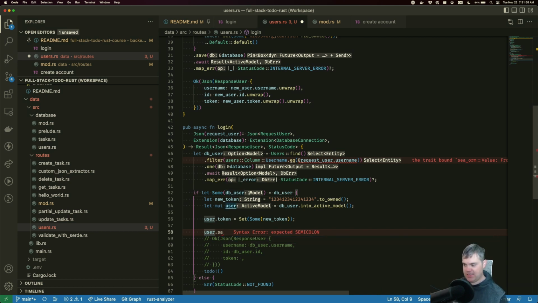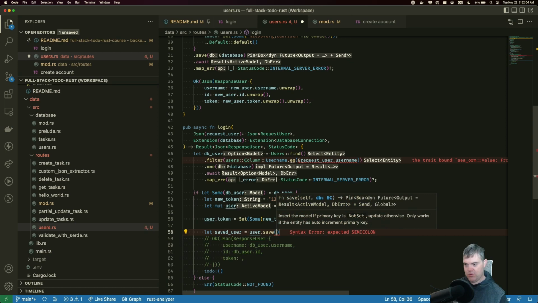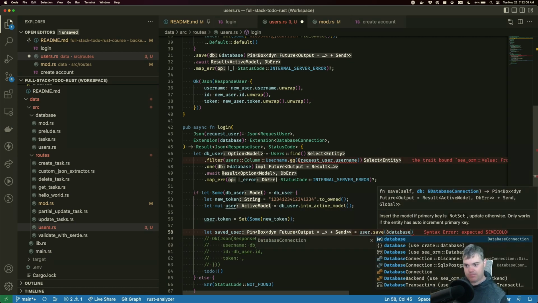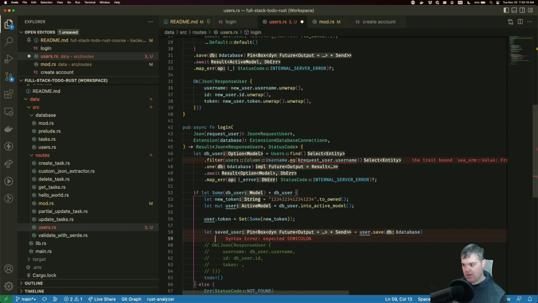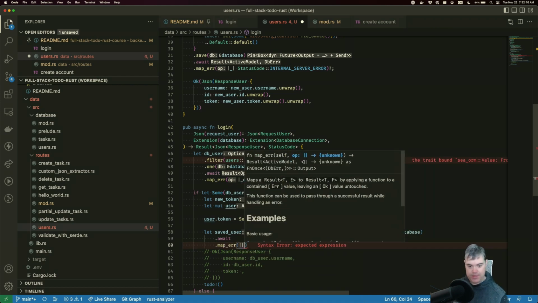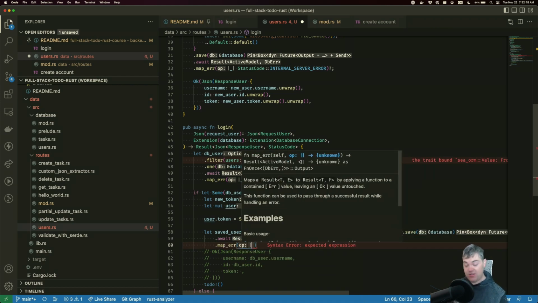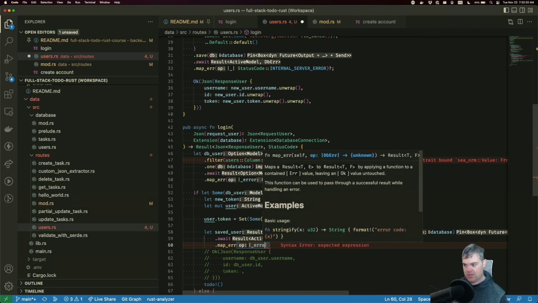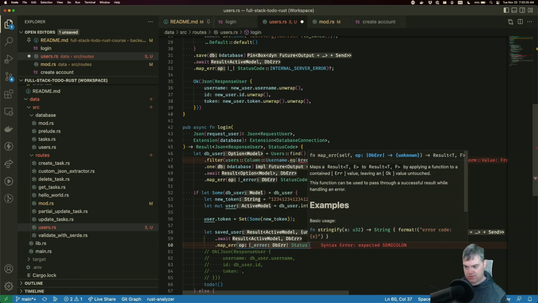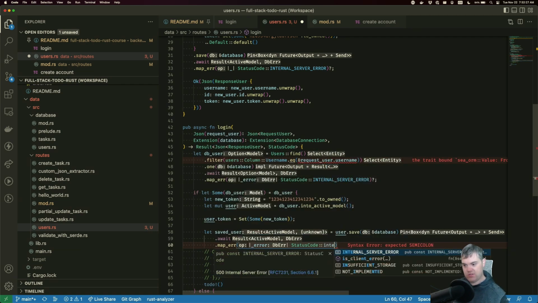So we can basically do let saved user equals. We're going to save, pass it in a reference to the database. We are going to await. We're going to map the error. So in case there is a failure here, this is our problem. So I want to return with a status code of internal server error.